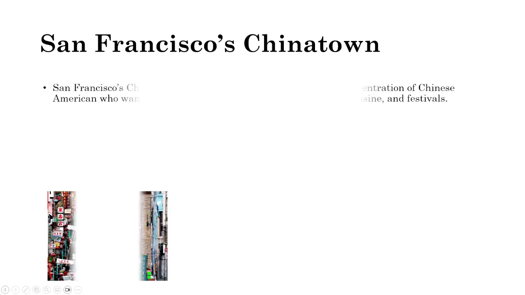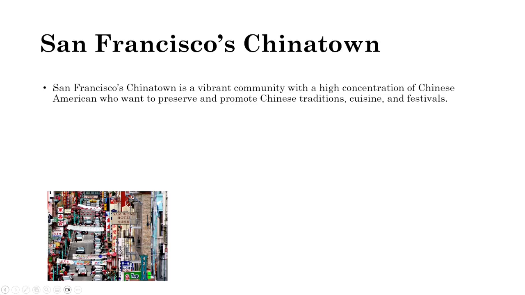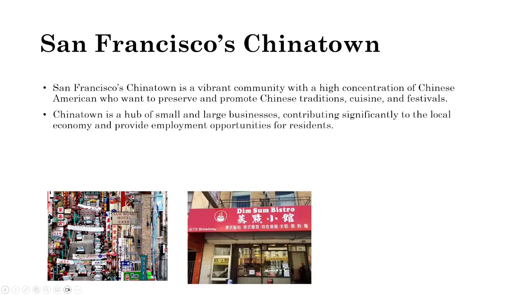I briefly touched on Chinatowns earlier, but let's look at San Francisco's in particular. San Francisco's Chinatown is very vibrant. There's a high Chinese American population. It's the largest Chinatown outside of Asia, and the most densely populated urban area west of Manhattan. I think in 2013, 75% of Chinatown residents were foreign-born. It's a hub for small businesses, but also large businesses, a lot of local businesses that contribute to the local Chinatown and San Francisco economy and provide, of course, employment opportunities